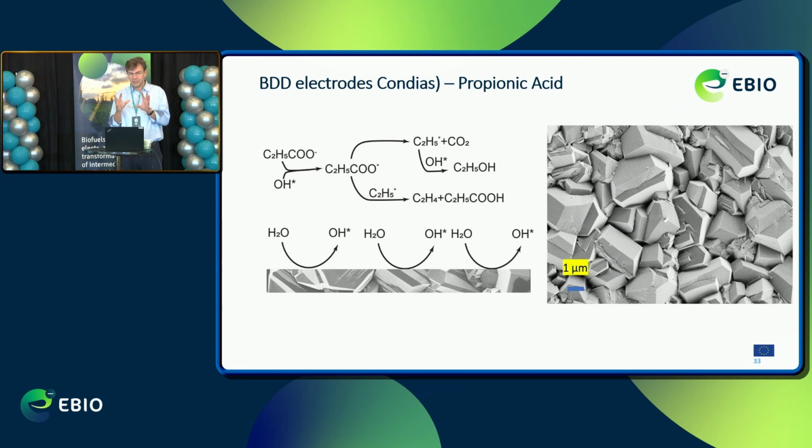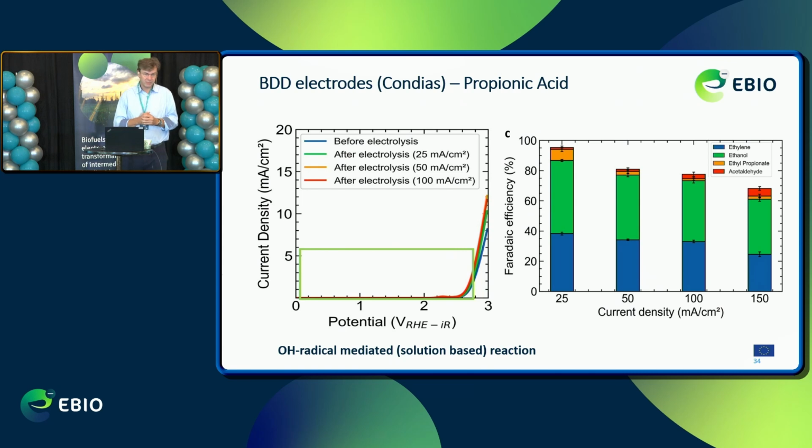Essentially, the fingerprint of propionic acid decarboxylation holds the ratio of ethanol versus ethylene. By propionic acid decarboxylation, you can form ethanol through the top route, and ethylene through the bottom route. This is a kind of repetition of Talal's results, but what you can clearly see is that you get a mixture of both. So the top route and the bottom route in the acid decarboxylation of propionic acid give you a mixture of